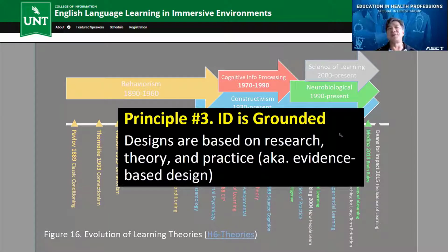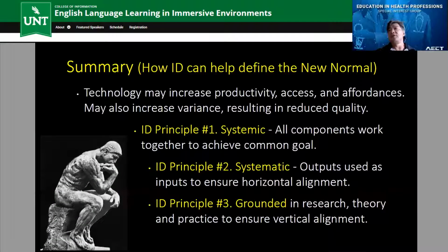So principle number 3 is instructional design should be grounded based on research theory and documented best practice. That's basically what we currently call evidence-based design or evidence-based education. You might have heard that as some popular terms being thrown around now, especially if you're into STEM education. STEM education is all about what's the evidence. So here's some more evidence stuff, okay? So in summary,